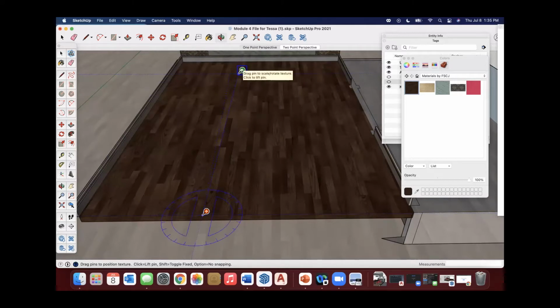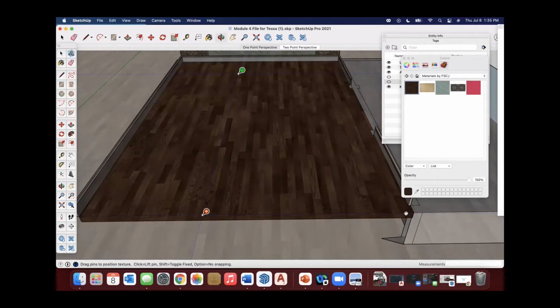And I can play with the scaling. Now, remember, when you read the module, there's math to this on actually formulating how many planks we should be seeing. So last I checked, I think this was 12 feet wide. If we do 12 feet and turn that into inches, it's 144 inches. We divide that by 6 if that's the width we want, and we could have about 24 planks.